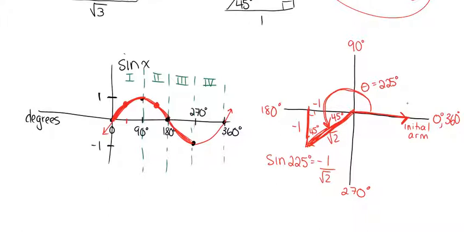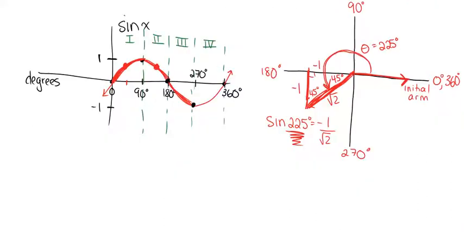So it's pretty neat. We can use the sine curve, stick it on a grid, and use our special triangles and knowledge of SOHCAHTOA to determine big angles like sine of 225, which we couldn't have done before because drawing a triangle that looks like that would be crazy. So we're able to use this to find whatever angles we want. So let's try one. Let's say I wanted you to find the exact values